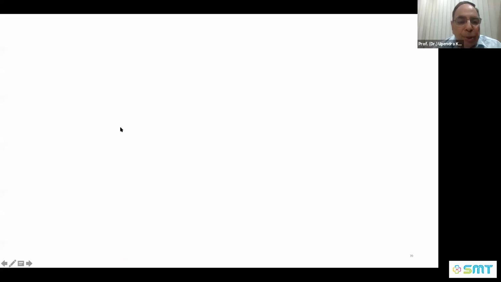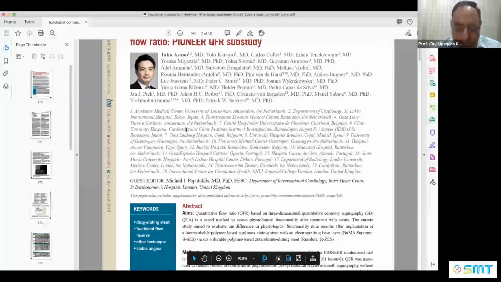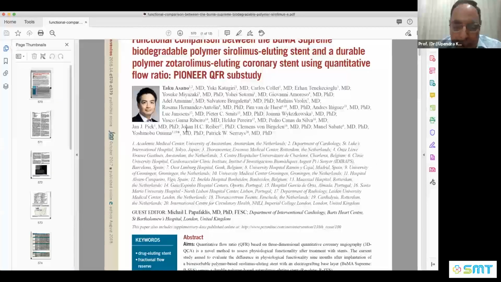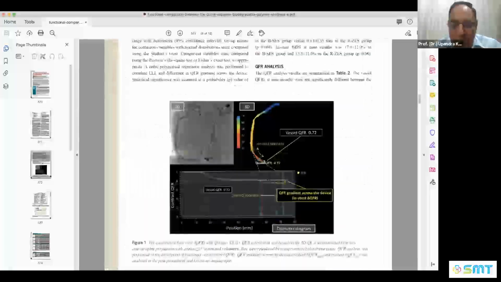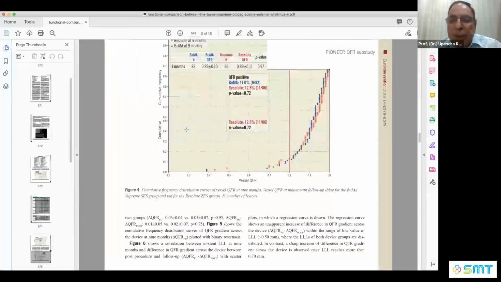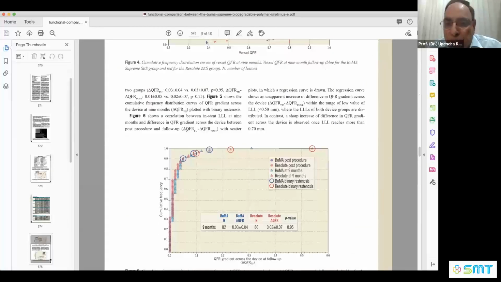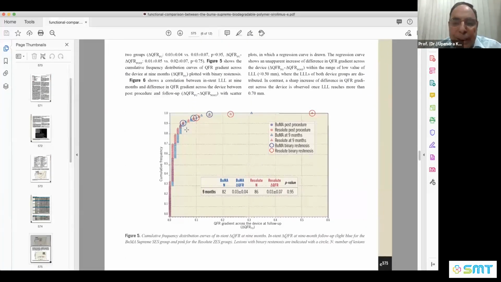So in the meantime, while Yoshi is trying to locate that slide, let me just ask, can this method help us in choosing the device, like drug-eluting balloon versus a stent in some situations, looking at the size, looking at the flow, looking at some other variables?